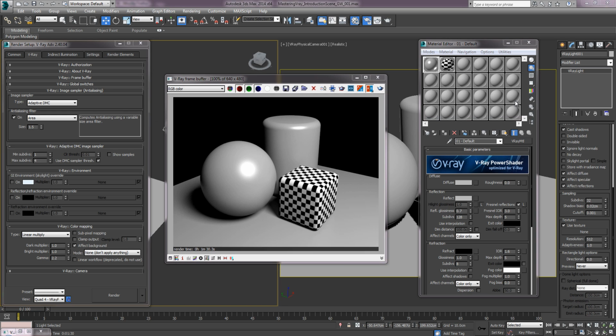So we've increased the subdivisions on the light and the material, and predictably the render times have gone up quite substantially. So moving on from here, now that we've got a nice clean render, how do we start to reduce the render time? Now there's another law that you need to understand, and that's that the DMC image sampler is linked